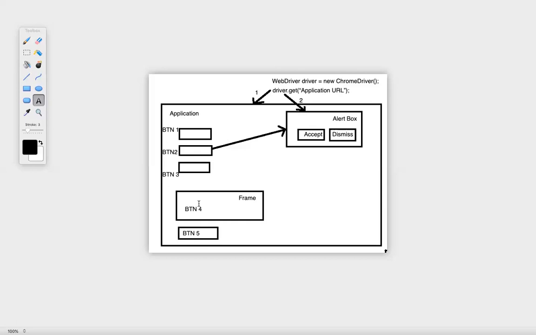it's correct, right? So this can be one of the interview questions. Tomorrow, if someone asks you, I'm writing a line of code and it is performing on 5 buttons. It performs well on the first 3 buttons, but for the 4th button, it is not clicking. What could be the possible reason?